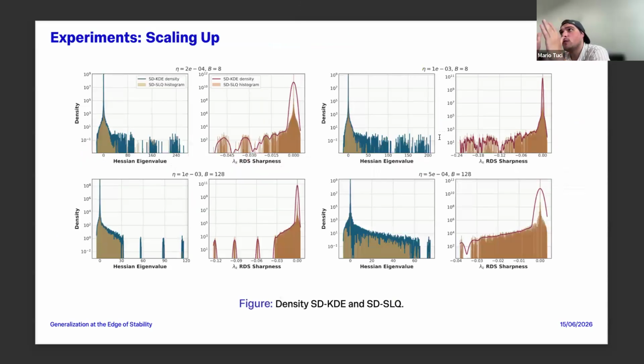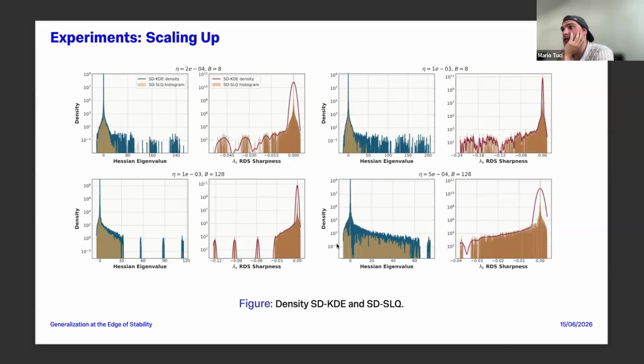We now wanted to scale up those experiments because a 5-layer MLP is not what people use at the moment; they use more like billion parameter models. We can't scale up to that, but at least we scale up to 120 million parameters, I think, no, 112. So we use methods to get the spectrum of the Hessian, and for that we use stochastic Lanczos quadrature.